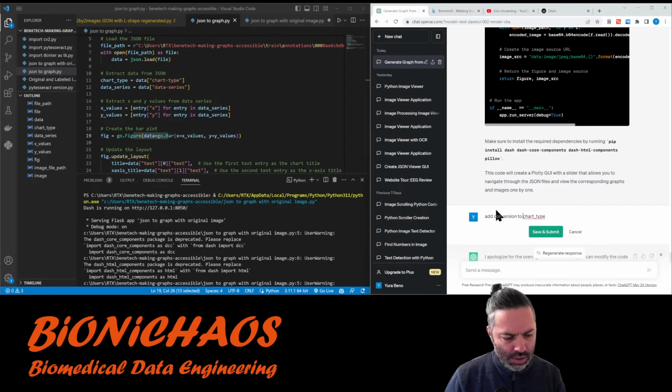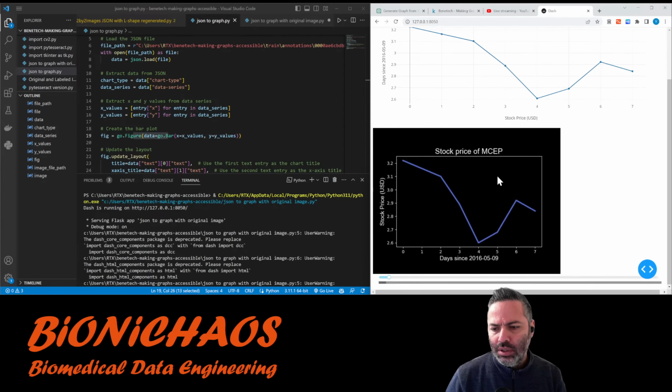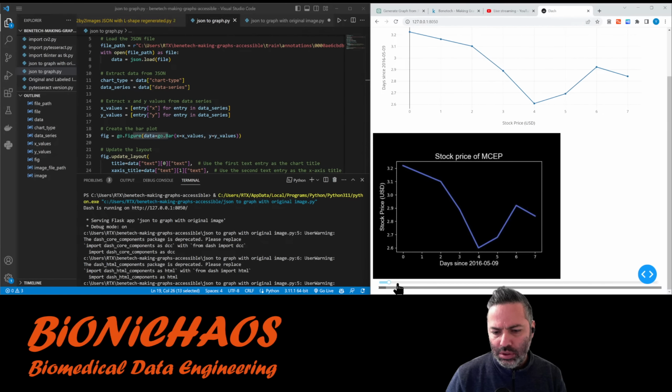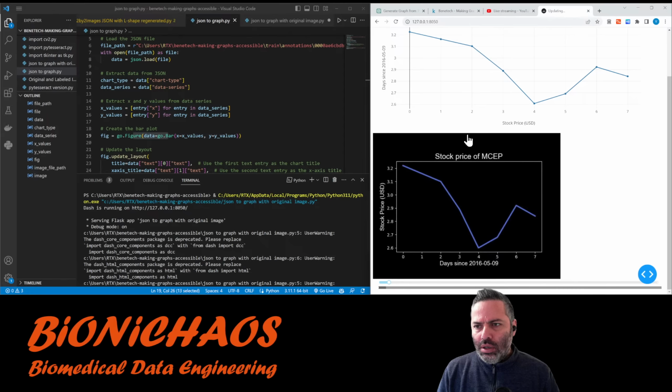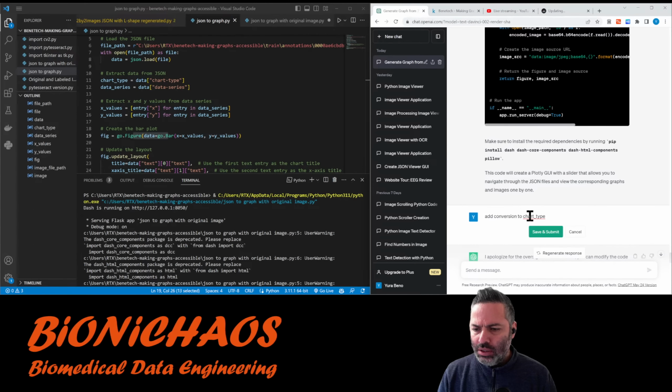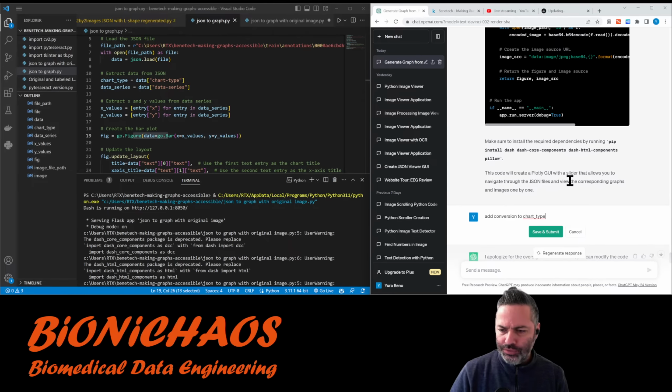Because I feel like those original labels for the chart type would have been taken from some sort of tool. Don't believe they were made up. Or we could try converting it into a